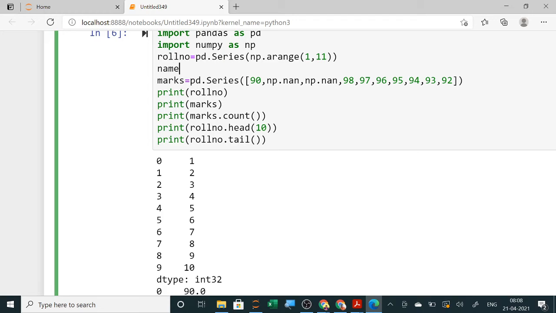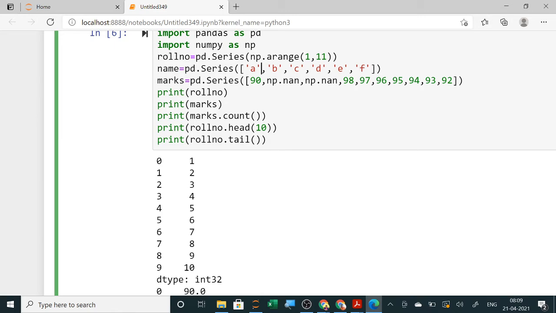Suppose names are there, with pd.Series, and you have 10 names here. Suppose in a list I am writing here, ABCD only for now. So I am giving the first as A, second as B, third as C. Here I can also give a null value. Now these are your roll numbers, then E, then F. So these are your roll numbers. Clear? This A will be in quotes.